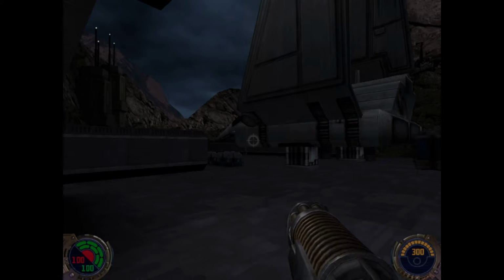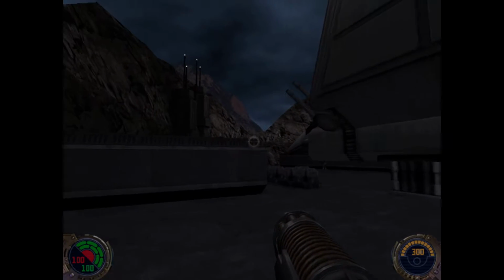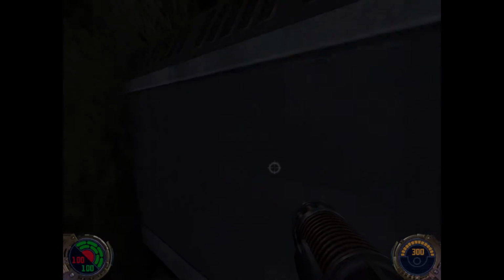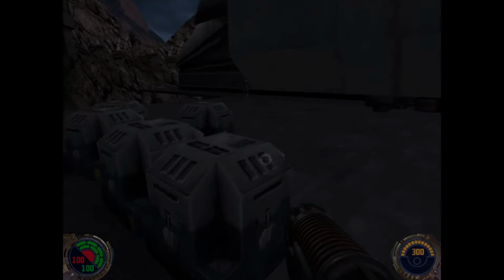I will say the game immediately looks better. We have a red and green 100 in the lower left hand of the screen, which I assume indicates bullets or health and shield. The way it looks, I guess the green is a shield, the red is health, and then the 300 in the lower right hand corner probably is bullets. So you've got Activision doing something that in 3 games